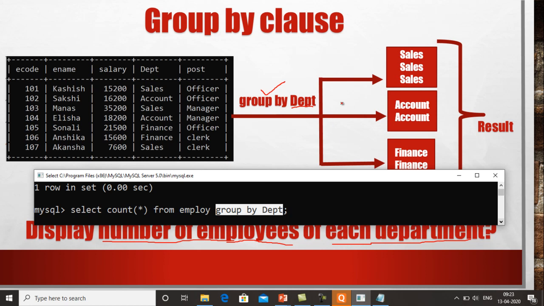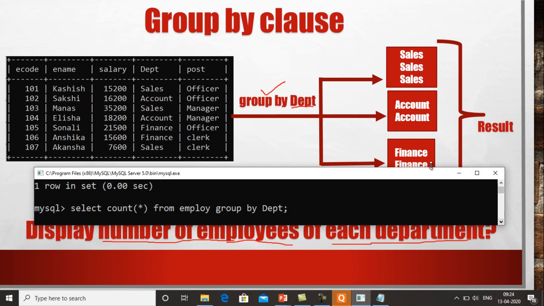It divides the records of the table into different groups on the basis of department. Once these groups are created, it will apply count star. In the first group there are three records, in the second group there are two records, and in the third group there are two records. So let us see what will happen.